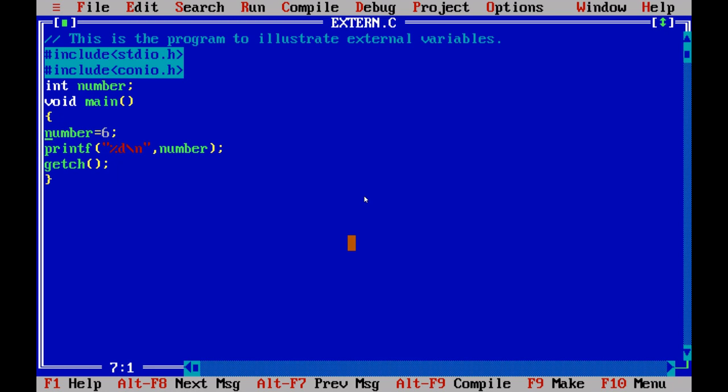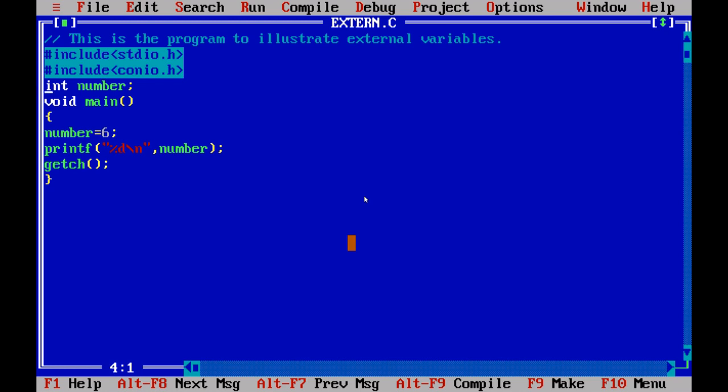Even if I'm declaring the number variable within the main function, that variable can be accessible within the main only. I couldn't access it in my user defined functions. So in order to access those variables in the user defined functions too, I can declare the global variable, right?